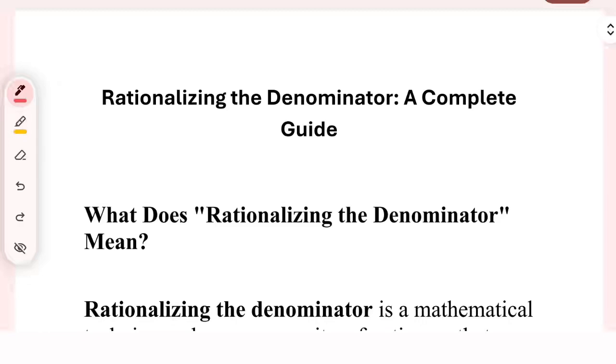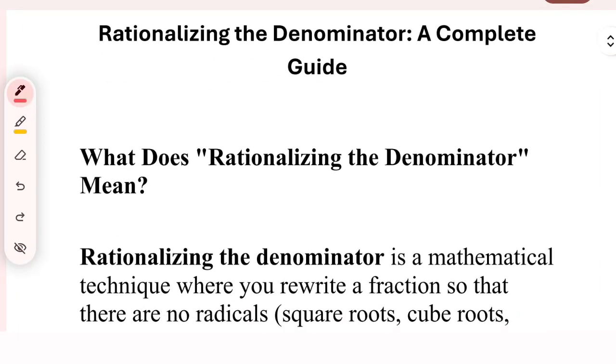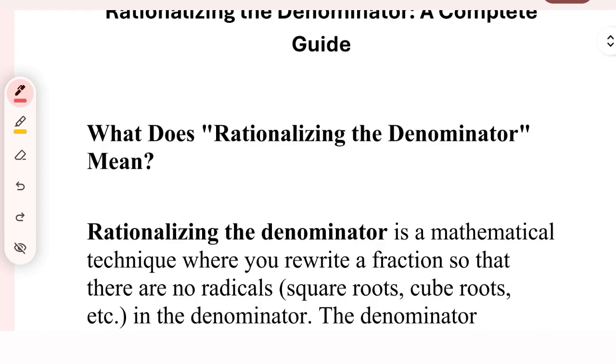Hello, so here's how you can rationalize the denominator. This is a complete guide on how you rationalize the denominator. All right, so what does it mean when you say rationalizing the denominator? What does it mean? Now when you say rationalize the denominator,